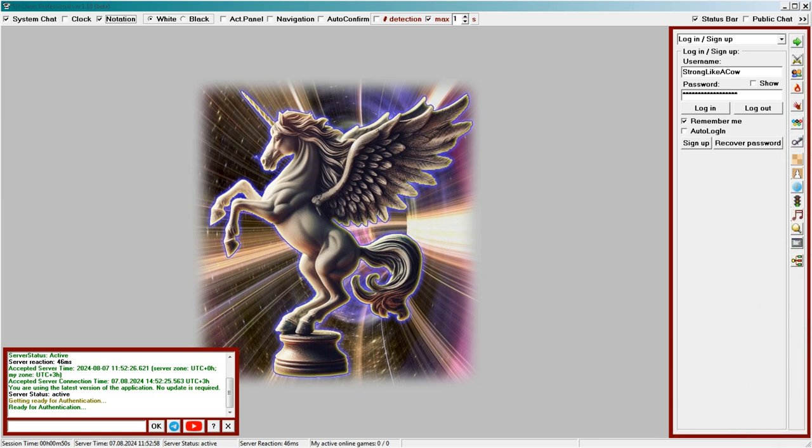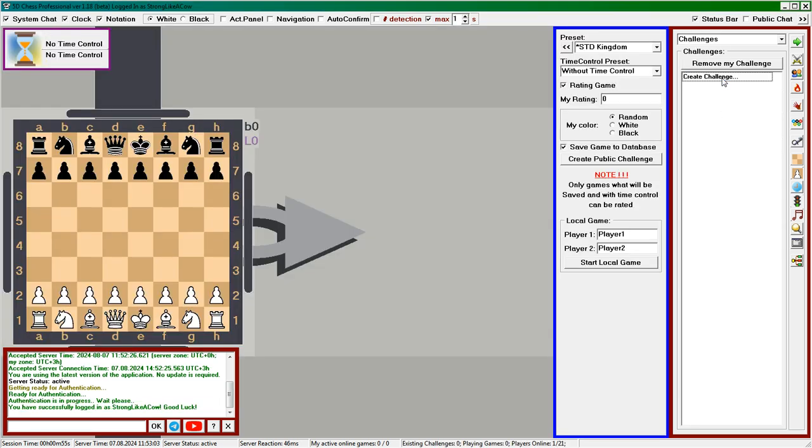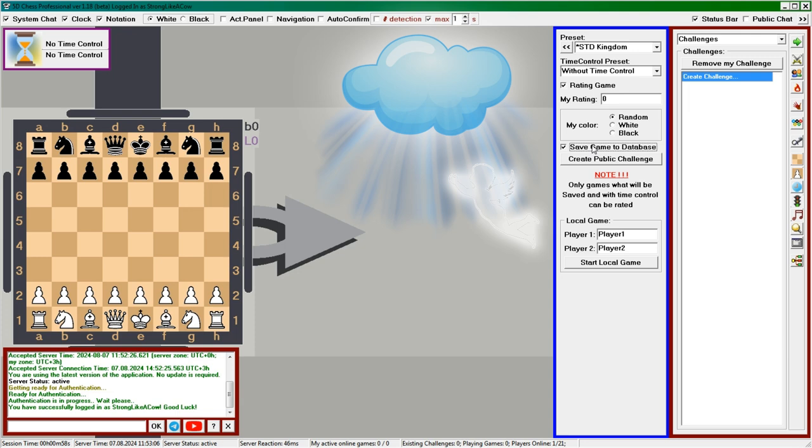Now, having an understanding of how to create and play a game, we can start exploring the secondary but no less important features of the app. And we'll begin this exploration with the database of played games. When we create a challenge, we specify in the challenge settings whether to save the game in the database or not. Only the games of those challenges where we chose save will go to the database after they are completed.